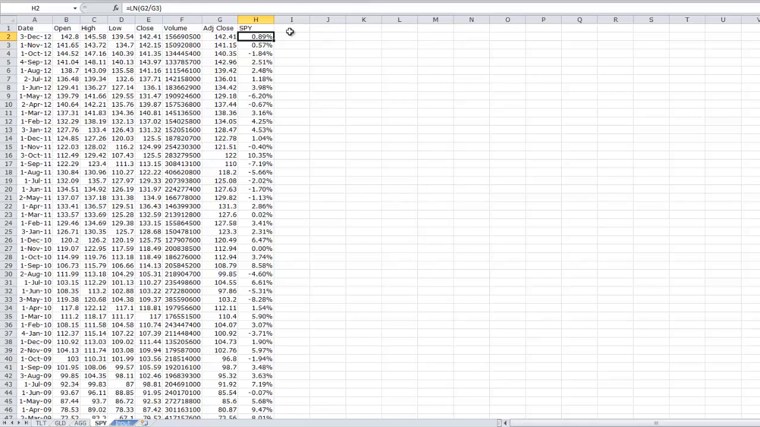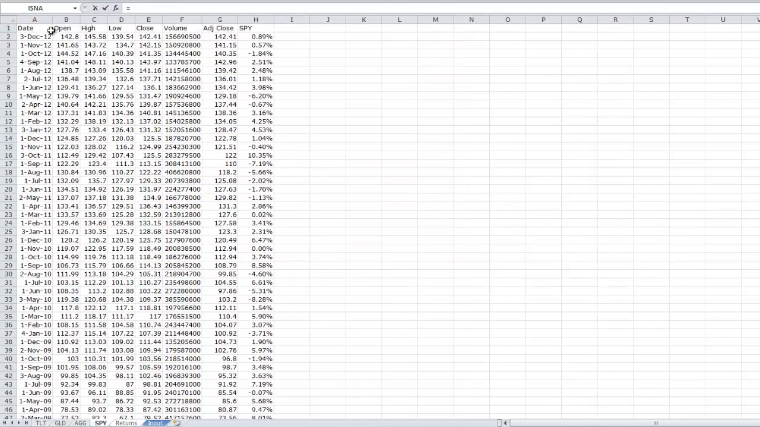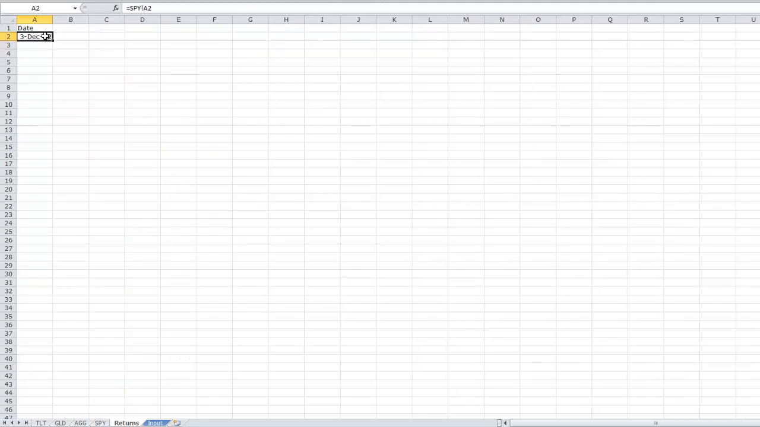Now what we need to do is aggregate all this data. We need to get an N by K matrix of returns. So let's go ahead and get another tab here. We'll call this our returns tab. And we just want the date. So let's go and get the first date, which would be right there. And we're going to take that down 65 months,